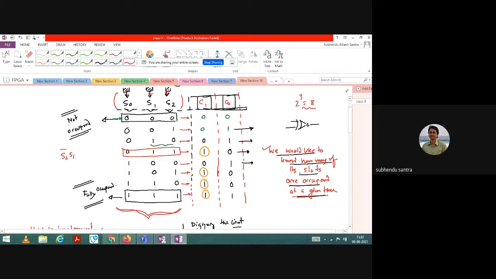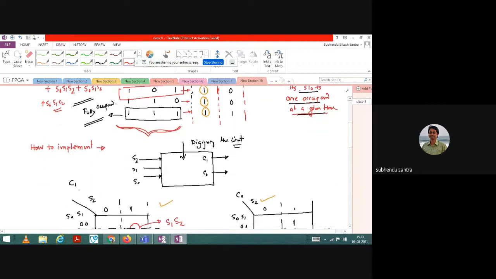S0 bar, S1, S2, yes or no? Then plus S0, S1 bar, S2, then plus S0, S1, S2 bar, plus S0, S1, S2. That you can directly write.